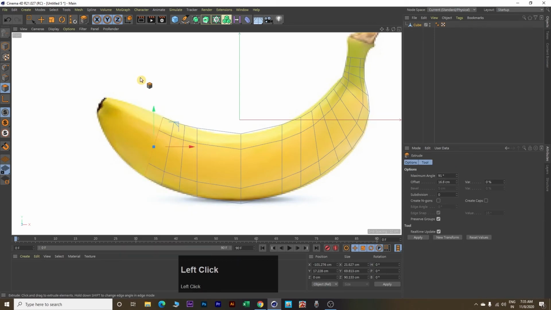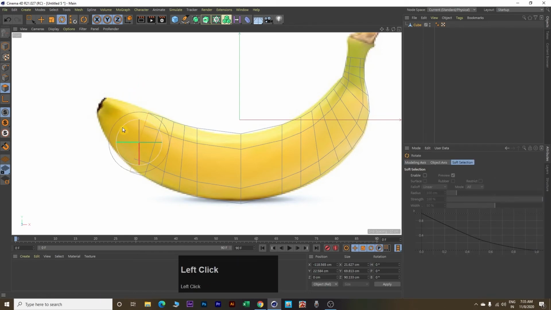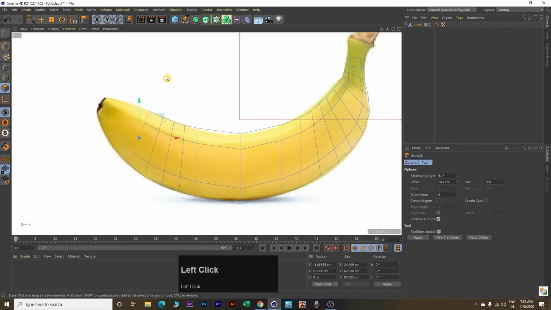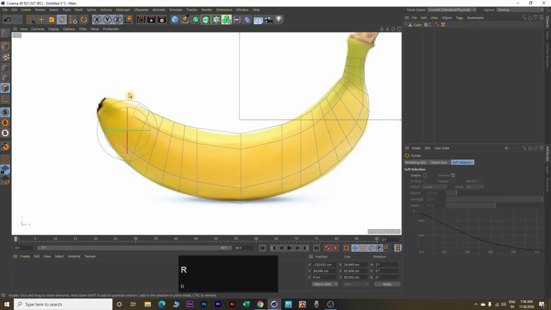Again extrude, rotate, move it upward, resize. Again extrude, move it upward, rotate, resize.